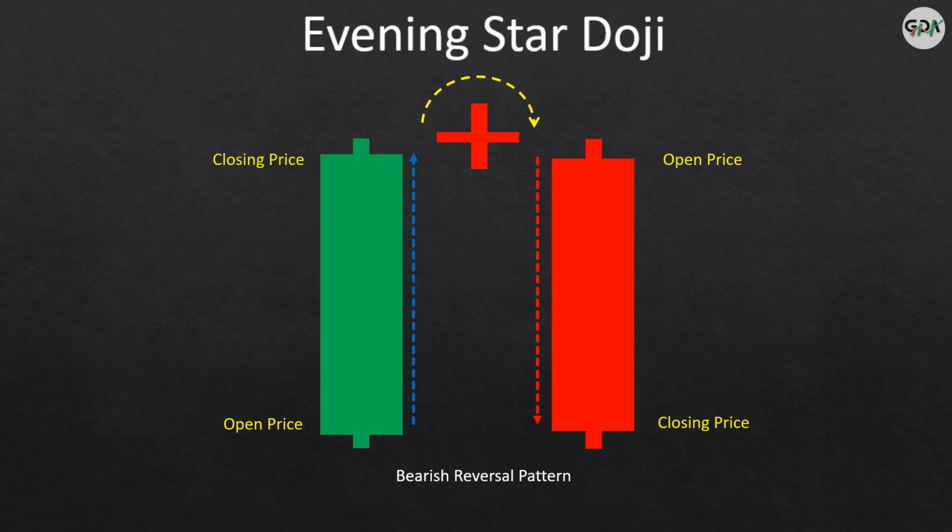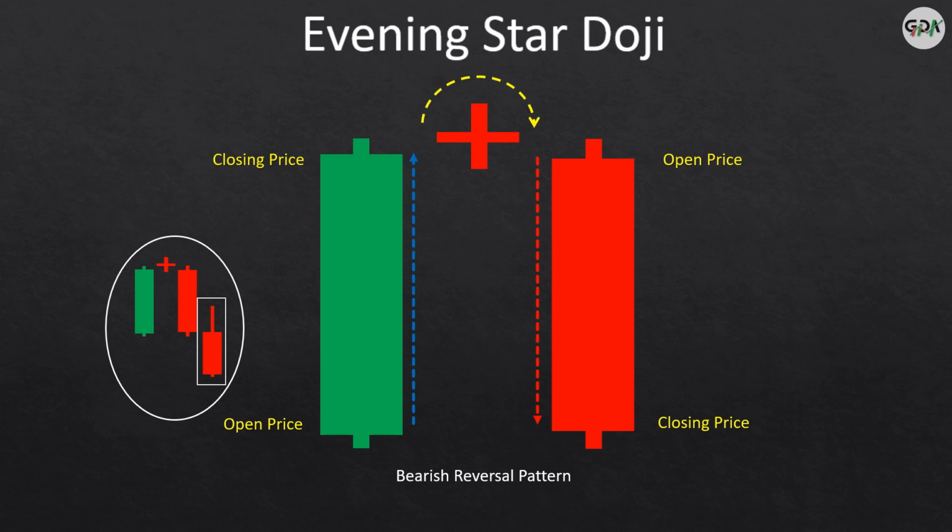Second candle looks like a star, referred to in the name of evening star. And the third candle ideally gaps down than the second candle. Third candle closing below the low of the first candle would be considered as more bearish. For confirmation, further price action should be trading below the low of third candle.